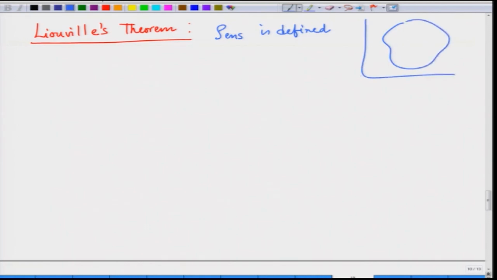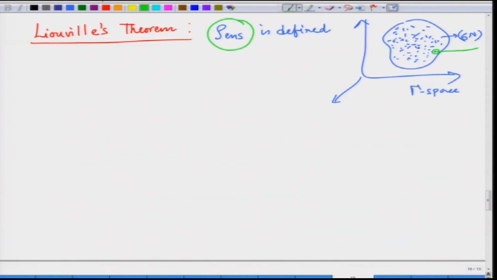That means in gamma space we have, this is gamma space. Now in this gamma space we have a sufficient number of points. Each point, remember, each point again contains 6n values. Now these points are very, very densely spaced. Now we concentrate on one such point and we trace its evolution with time, only one such point. If we just trace its trajectory in phase space, then we know what rho ens is, or we can calculate what rho ens is at every point along the trajectory of this